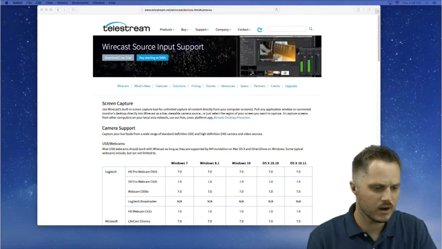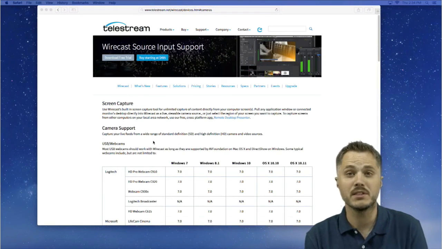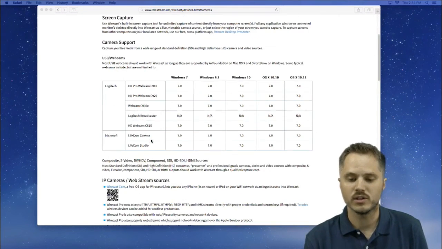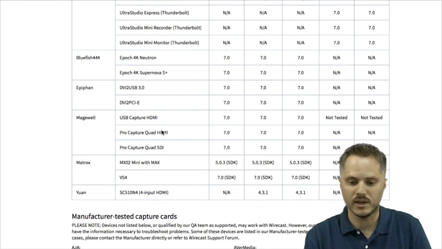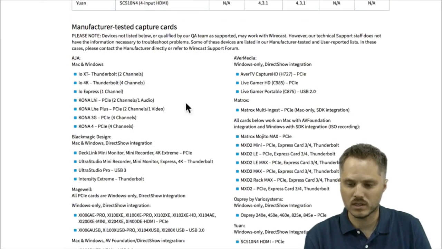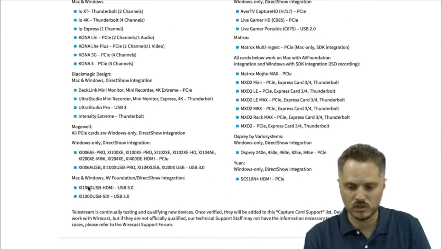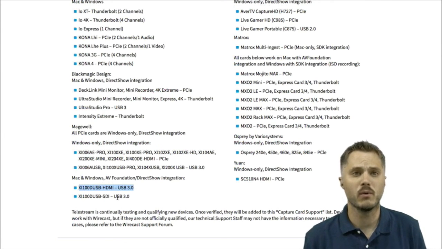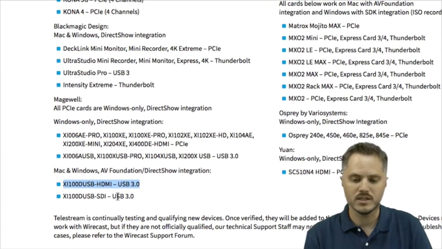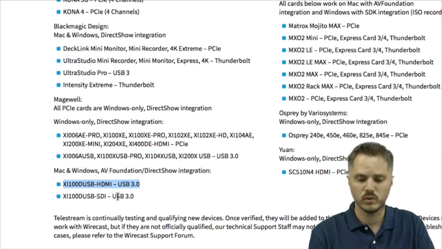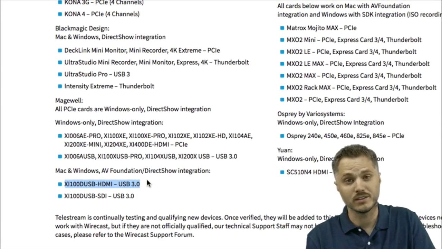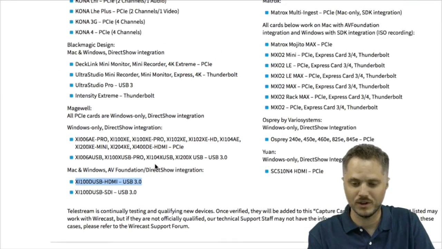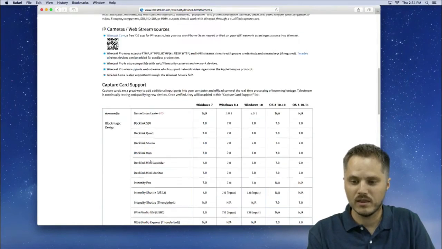You can head over there and find a list of the ones that we have had time to test and ones that we know about, starting with webcams and going on through capture cards. So you'll find a great list there. The one I'm currently using on this computer is the Magewell XI USB 100, USB 3 card, and I really like that one. It doesn't require any software installation. It just works with the native Mac or Windows drivers. I think it also works on Linux, but Wirecast doesn't work on Linux, so that's kind of neither here nor there. Anyway, head there if you need to, Bennett.